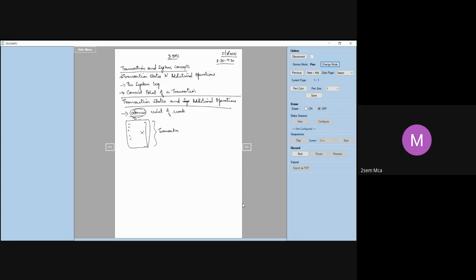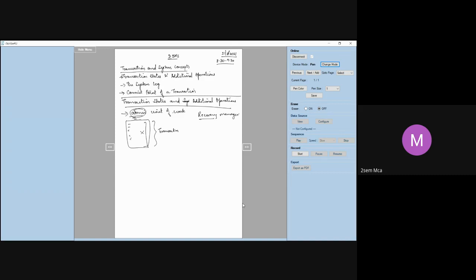So this is what you call a transaction. It is an atomic unit of work that is either completed, that is you do all the steps, or you don't do any of them at all. Right. Now, why are we learning this? We started off in the last class with recovery techniques, right? For the purpose of recovery, the system should keep track of when the transaction starts, when it completes, whether it is committing or whether it is aborting. For all this, we have a particular module called the recovery manager.